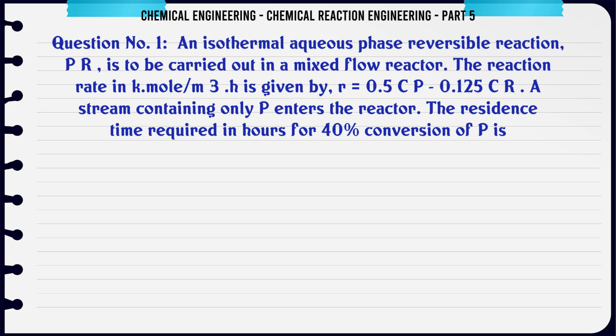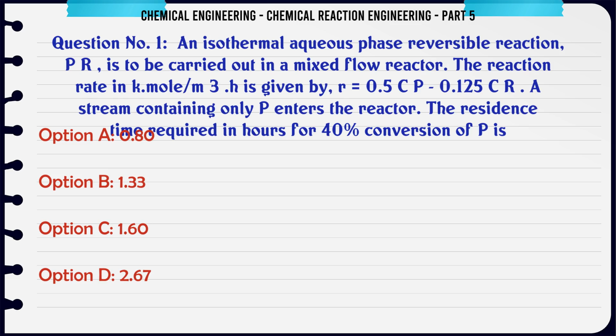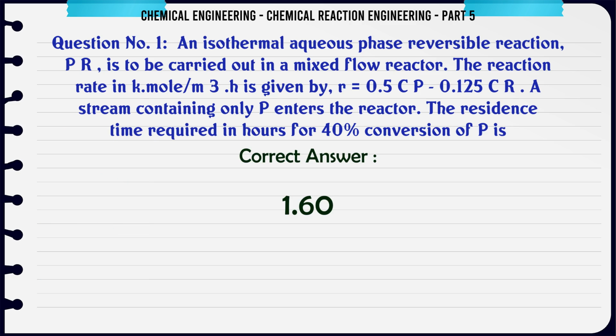An isothermal aqueous phase reversible reaction P ⇌ R is to be carried out in a mixed flow reactor. The reaction rate in kmol/(m³·h) is given by r = 0.5 CP - 0.125 CR. A stream containing only P enters the reactor. The residence time required in hours for 40% conversion of P is: A. 0.80, B. 1.33, C. 1.60, D. 2.67. The correct answer is